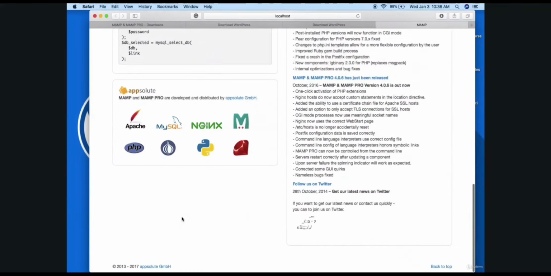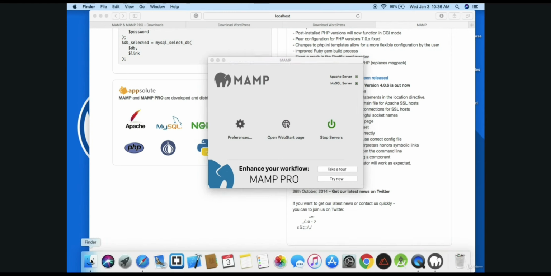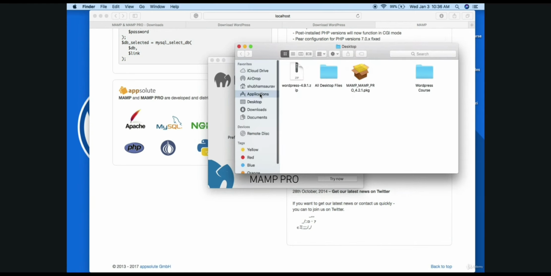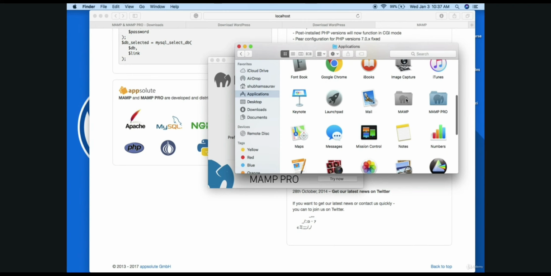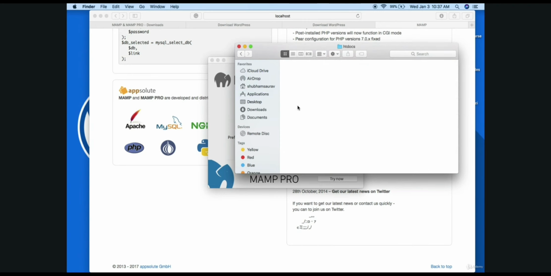Now go back to your MAMP and open your Finder. Go to your application folder, go to MAMP, and here is your htdocs folder. This is the folder where we will be saving our files. We will be saving the WordPress files right here. So from the next video, I will be installing WordPress on our computer. So I will see